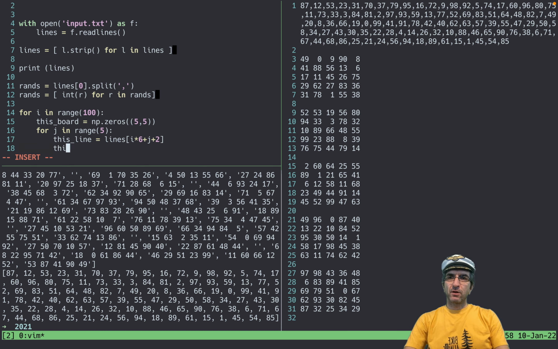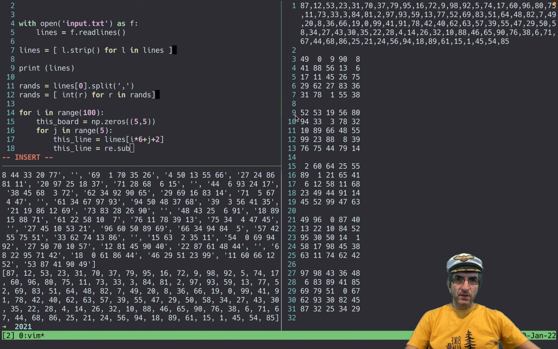Then I will say, okay, this line equals what? I can use re.sub, I'm looking at this. I will replace every run of spaces with one space, and then I will split based on spaces. So I will have all the numbers. Same thing I did with the rands.